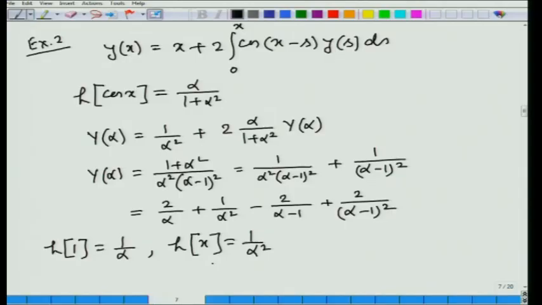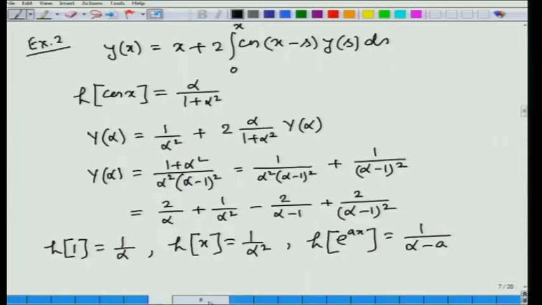So, the inverse Laplace transform of 1 by alpha square will be x, and thirdly the Laplace transform of e to the power a x is equal to 1 by (alpha minus a). So, that means the inverse Laplace transform of 1 by (alpha minus 1) is going to be e to the power x, and now we have to be careful for the inverse Laplace transform of 1 by (alpha minus 1) whole